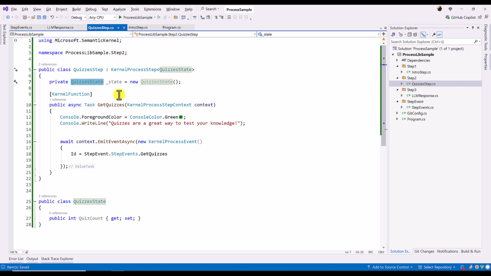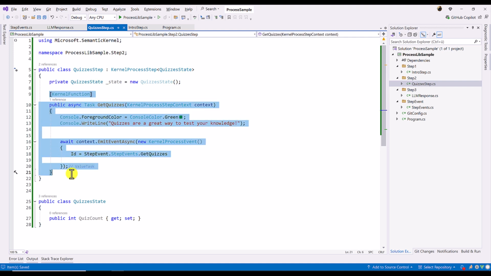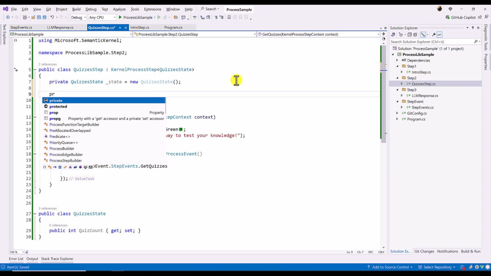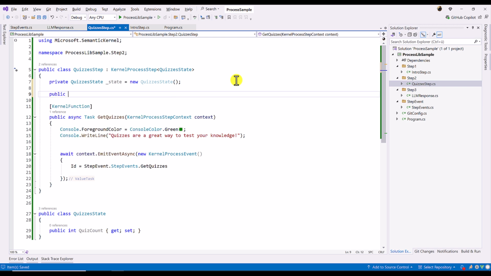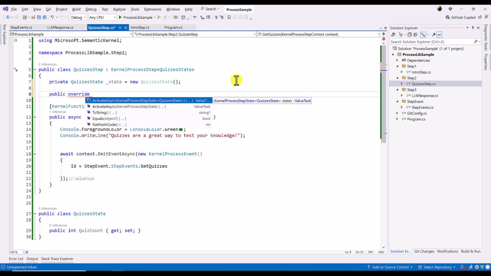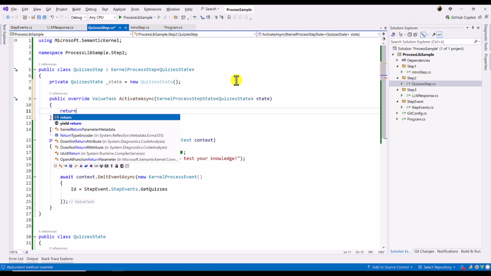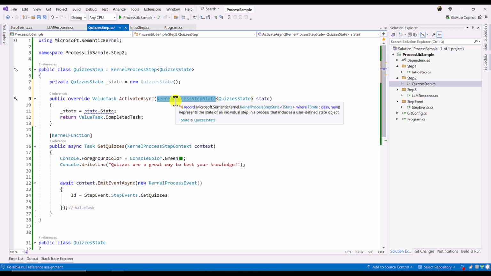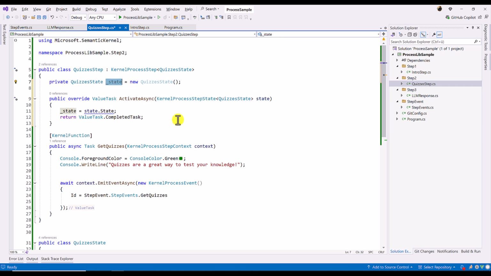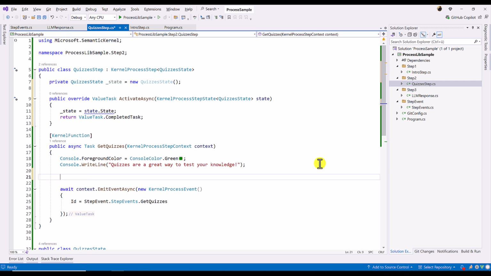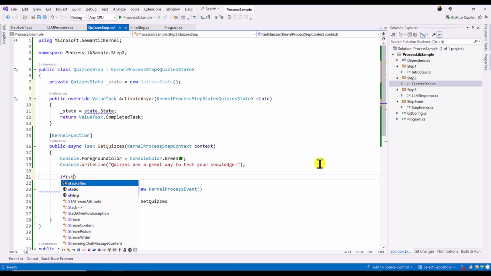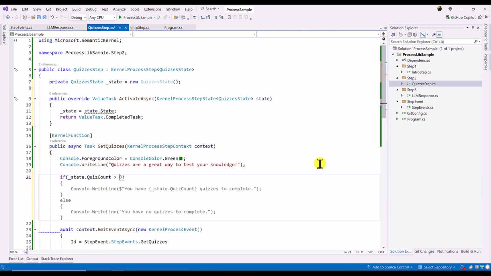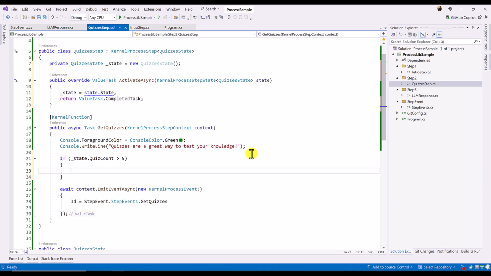We have to update this state every time. For that we cannot simply use the GetQuiz function. We have to override the function called public override ActivateAsync. This function we have to override and return the value Task.CompletedTask. And here we have to assign the state. So the KernelProcessStepState, we take the state and assign it to the local variable. And here we check the condition: if state.QuizCount is greater than 5,